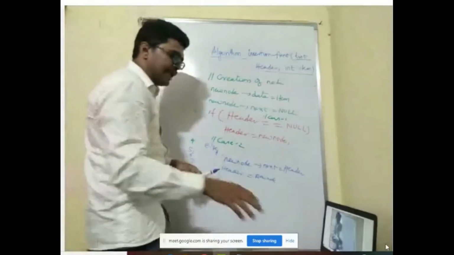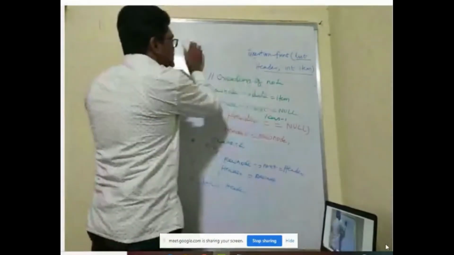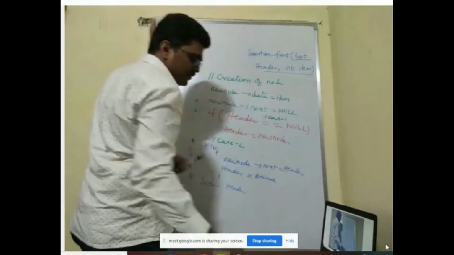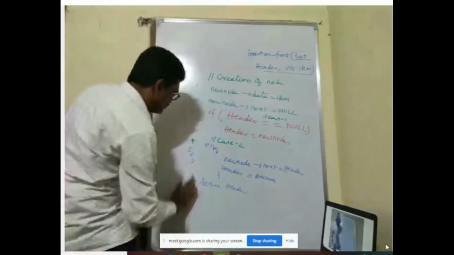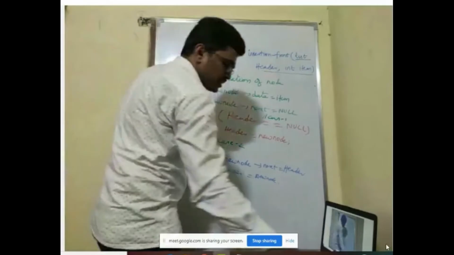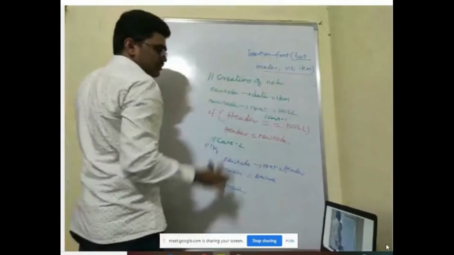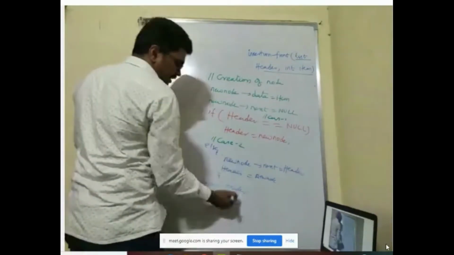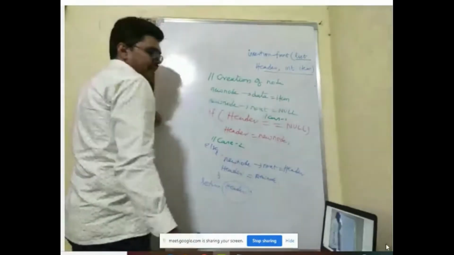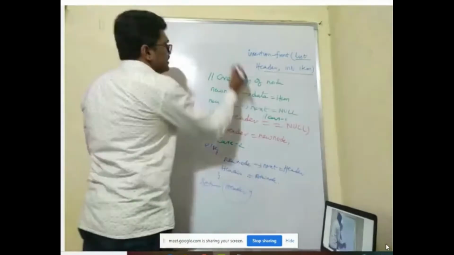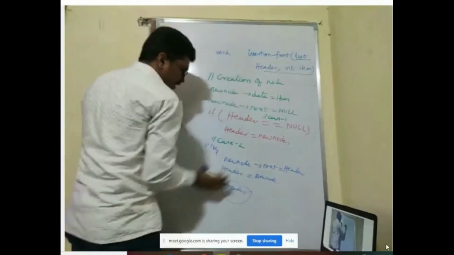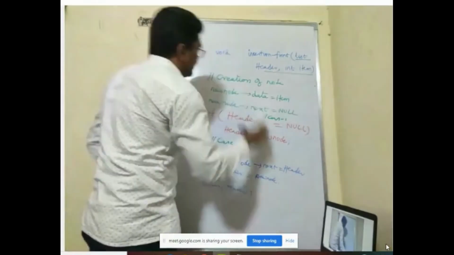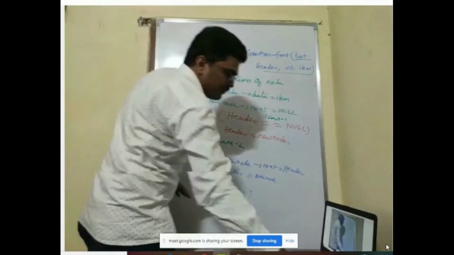Now the same thing, sometimes they may ask you to write a C function. What do you have to do? Remove the steps directly. Remove the word algorithm. Put a name for the function. The name is already there. What is it returning? Header. If you are feeling difficulty, you can put it as void and not return header. But if you return header, it will be easy for you to perform other operations.